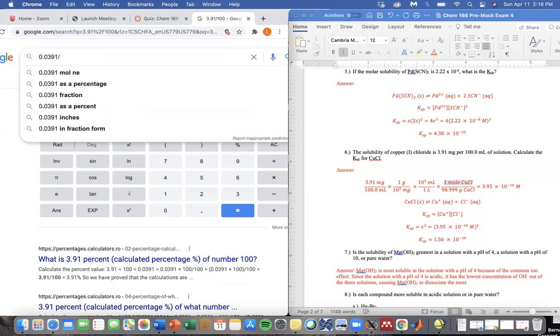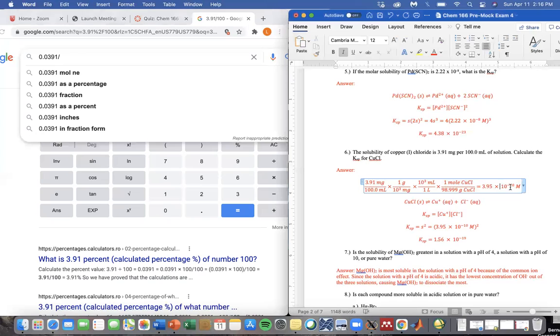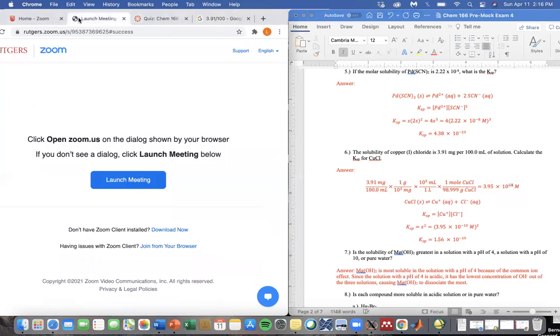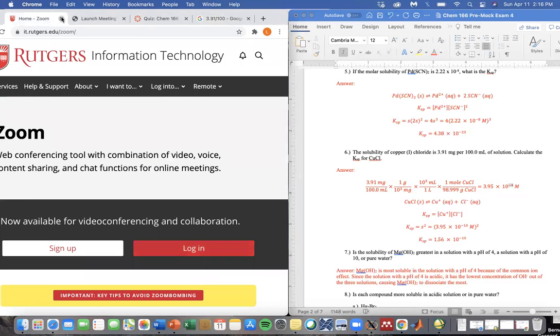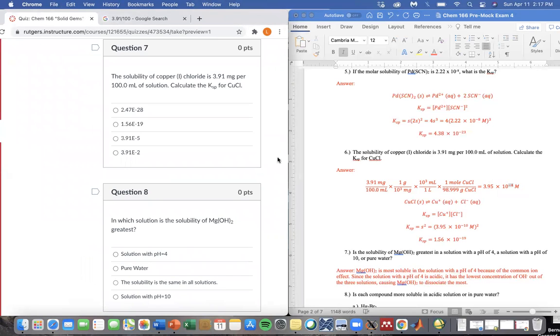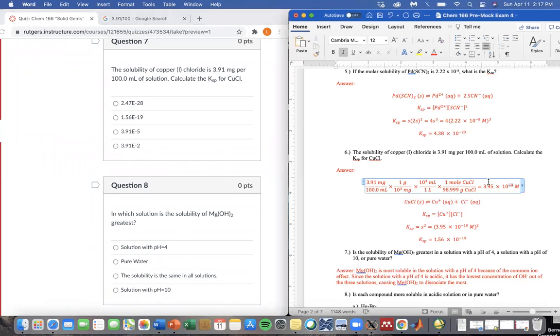0.0391 divided by 98.999, and I did mess it up here, so it would actually be 3.95 times 10 to the negative fourth here. And so that's like your molarity now. And so let me just close out of this. Okay, so now you'd have 3.95 times 10 to the negative fourth, and then you just have to